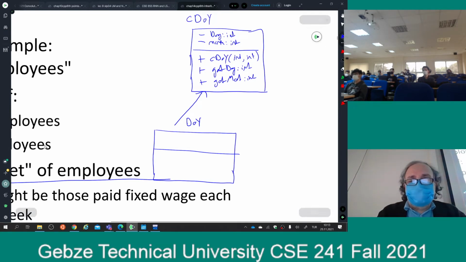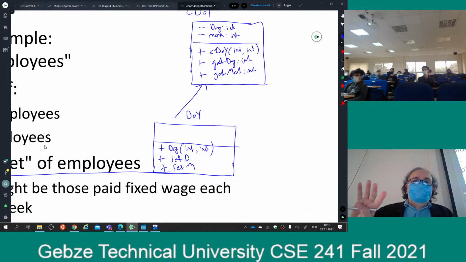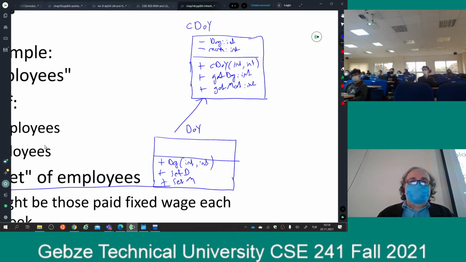But I will do this. Of course, constructor day of year, integer and integer, and plus set day, and set month. So this day of year object has four functions, two setters and two getters, but constant day of year class has only two functions, get day and get month. So it's kind of like that. If you think about this,